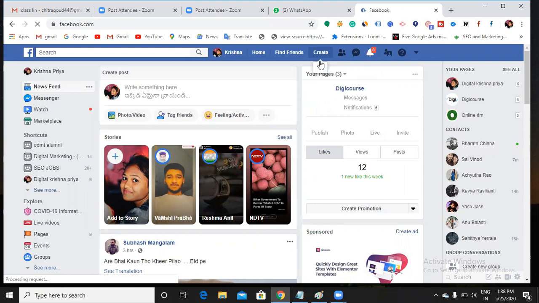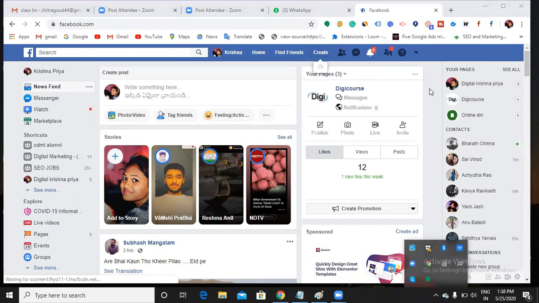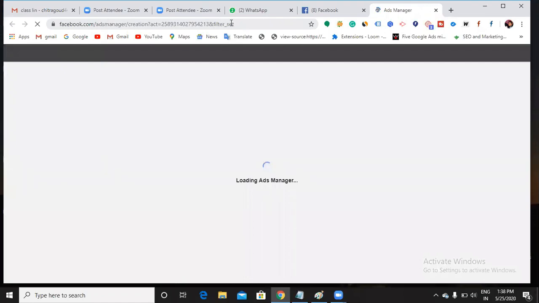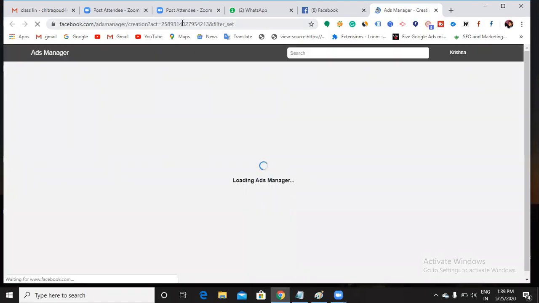Let me open this Facebook Ads Manager now. You can just type facebook.com/adsmanager, that is enough. It leads to your Facebook Ads Manager.